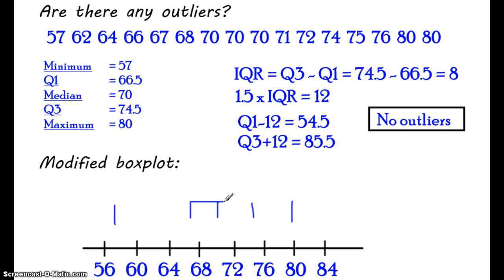Now, the box itself joins those 3 middle lines together. The minimum and the maximum serve as whiskers in this case. So I'll just draw a line from those vertical lines to the box itself, and now I have a box plot. Now, if there were outliers, I would treat this a little differently,